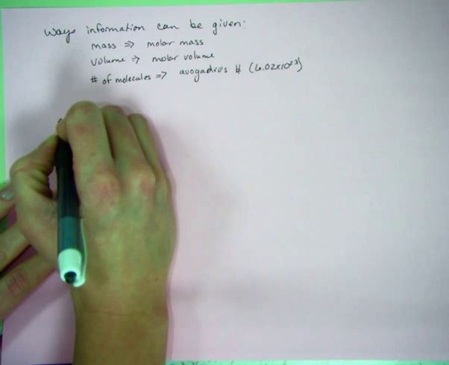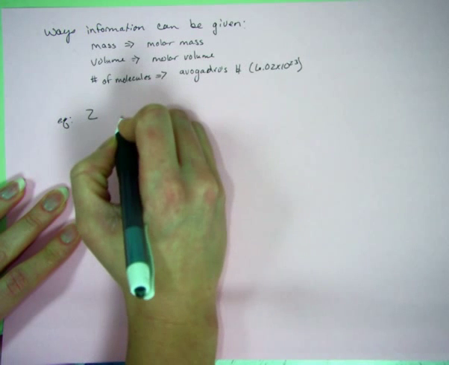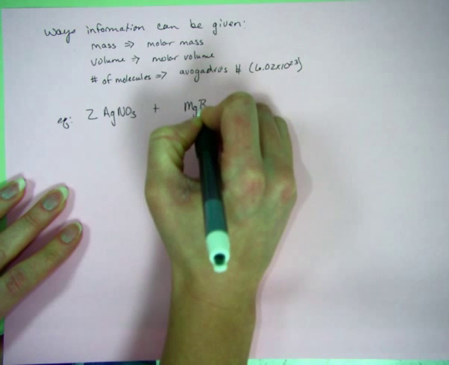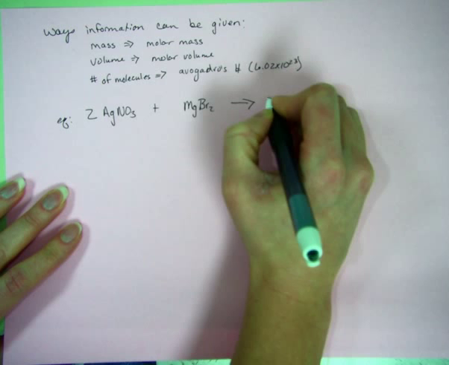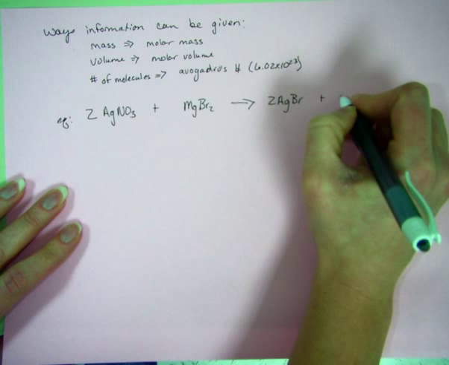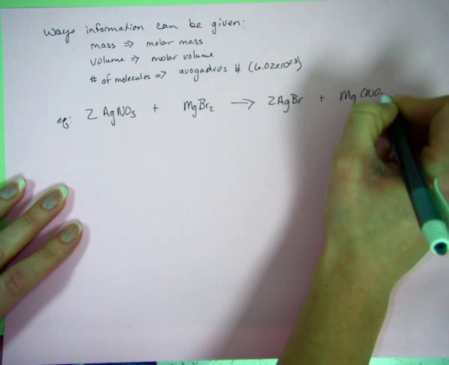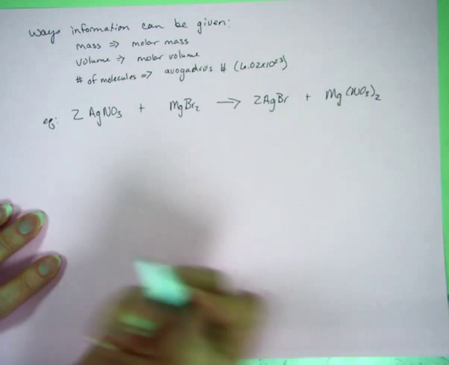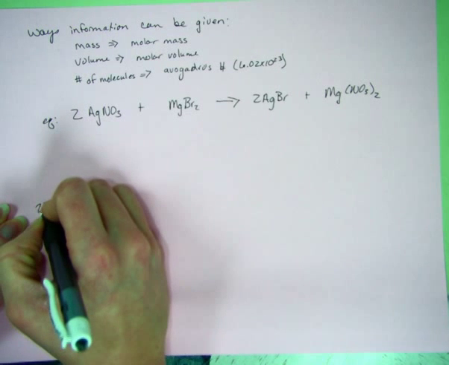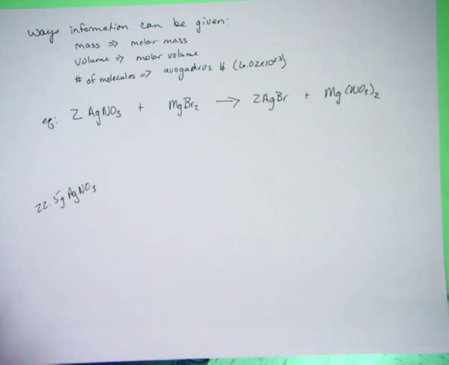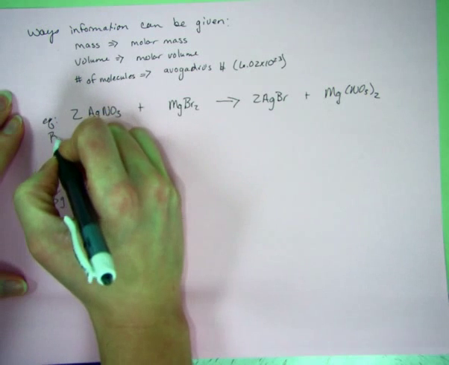So our equation: 2 moles of silver nitrate, AgNO3, plus magnesium bromide goes to 2 molecules of AgBr plus 2 magnesium nitrate. Okay, and I tell you that you are given 22.5 grams of silver nitrate. Okay, well, in our BCA table,